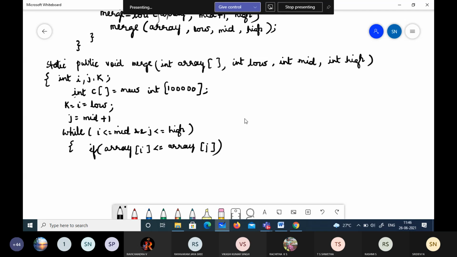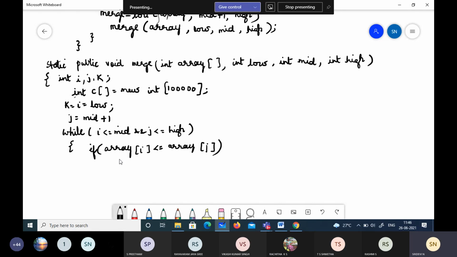Are people there in the meeting? Yes, ma'am. What should I copy here? I just want to know which element is copied onto the C array. Array of I or array of j? Array of I. Yes.